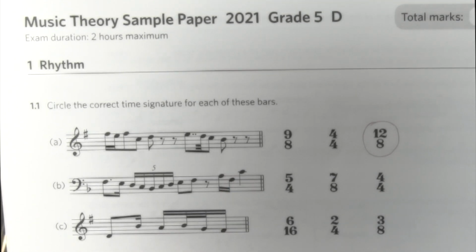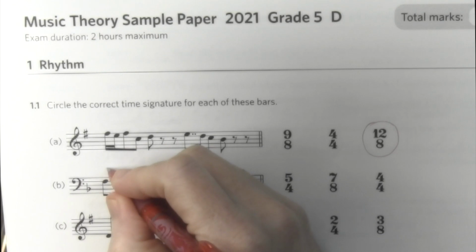Next one. Let's see the groups of things. I see one group, and this is already telling me that we are in simple time. Another group, and some separate items. It feels very long. Here we have a crotchet. I think we can reduce this to crotchets. So let's see how many crotchets we have. We have one here,